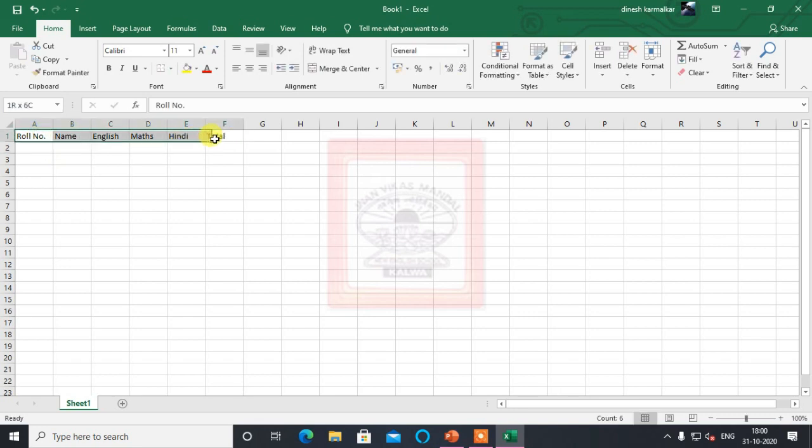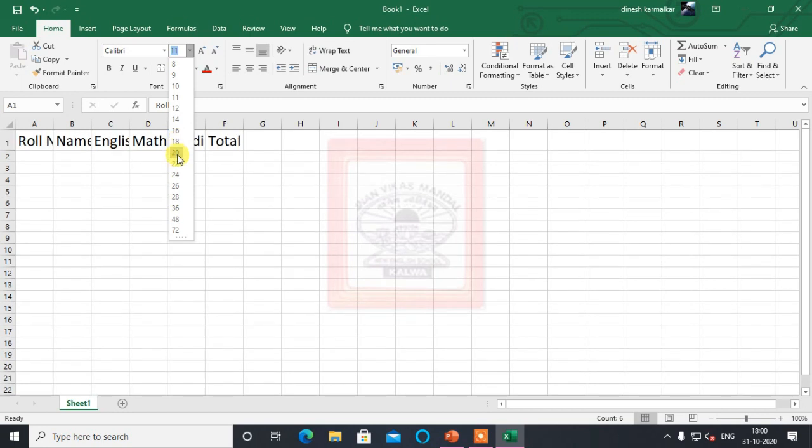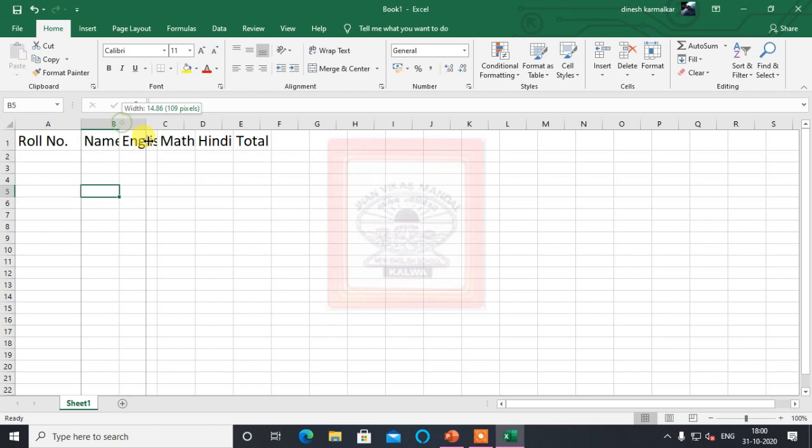Now I'm making these headings a little larger, around 20, and adjusting the width.